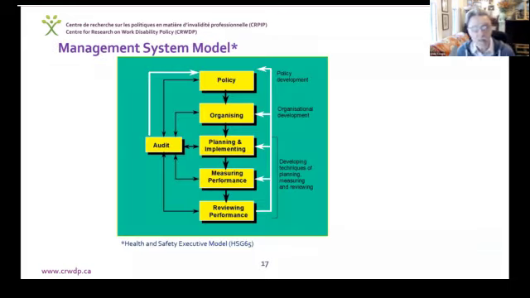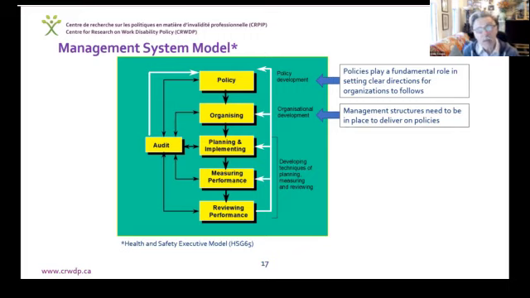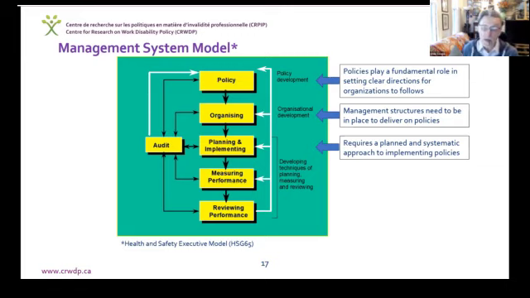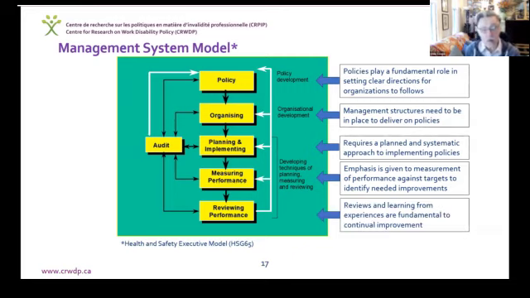So the management systems model I have represented here starts off with policies. Policies really play a fundamental role in setting clear directions for the organization to follow. Subsequently, you need to have management structures in place to deliver on those policies. It requires a planned and systematic approach to implementing those policies. And it follows with emphasizing measurement and performance against targets to really identify needed improvements. And then review and learning from those experiences are fundamental to that continual improvement process, which is the basis of